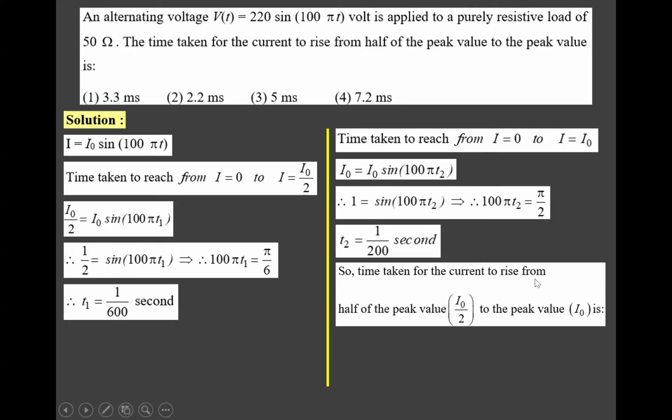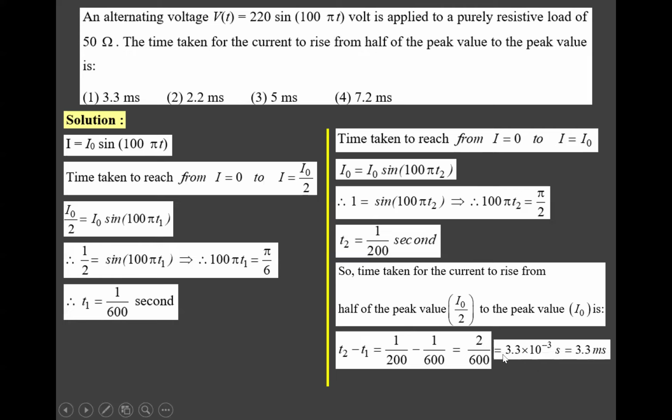So time taken for the current to rise from half of the peak value I0 by 2 to peak value I0 is T2 minus T1, that is 1 upon 200 minus 1 upon 600, which is equal to 2 by 600. So that is equal to